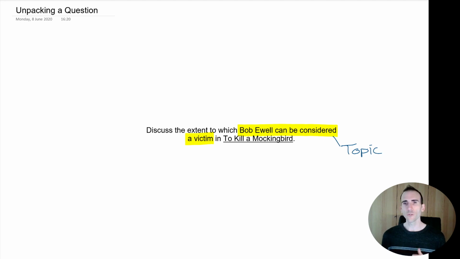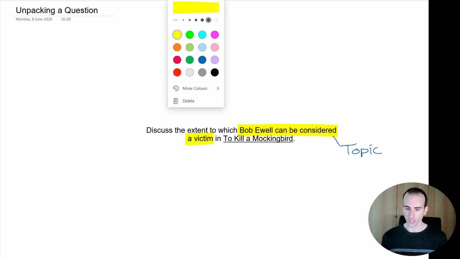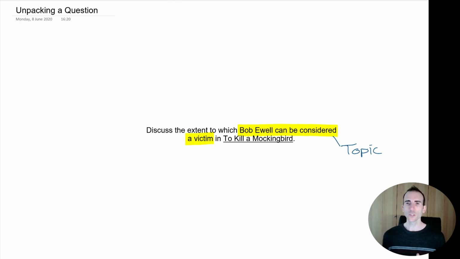But there's a few other really important things we need to unpack in this question. So I'm going to change color for a moment. The next thing to look at is the task word, or the command term, sometimes it's called. This is the word that's giving you the instruction, what you actually have to do. Here it is the word discuss. There's many other command terms or task words, different people call them different things. You might be asked to compare. If you're asked to compare, then you have to look at two different things and say, how are they similar, how are they different? Contrast means look at how they're different.